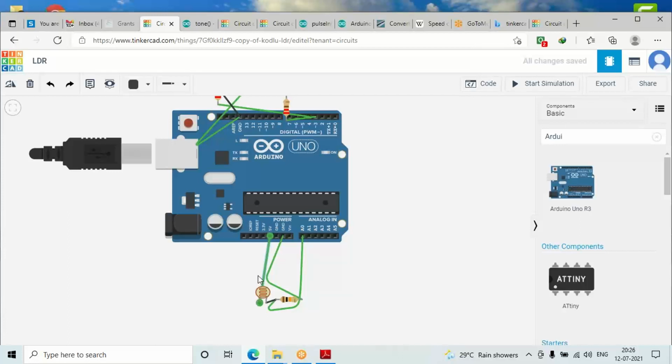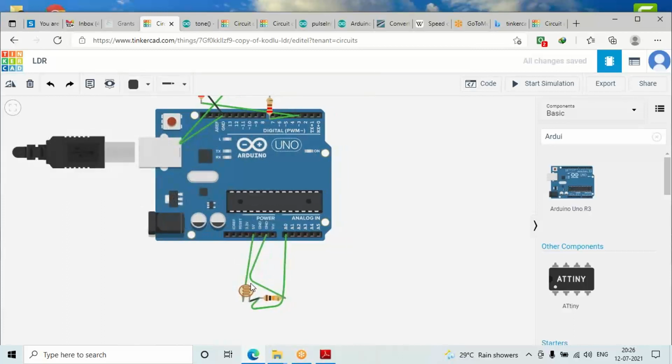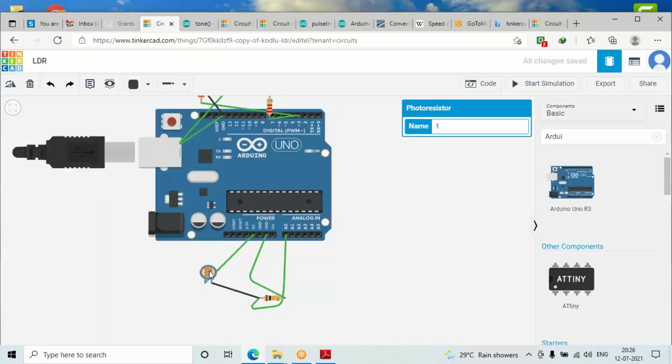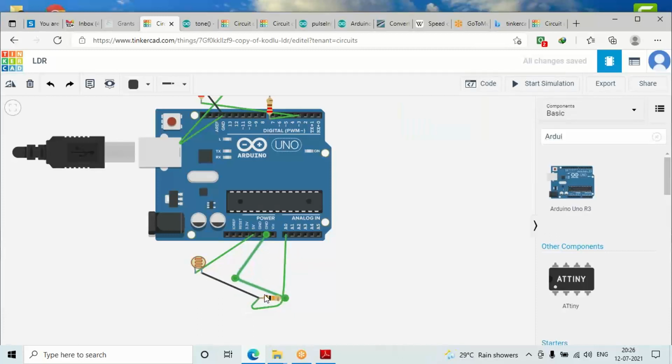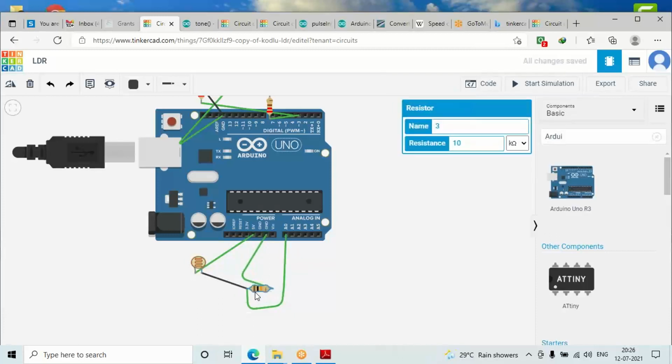Here I have taken two terminals. I have directly connected one terminal to 5 volt, and the other terminal I have connected with a resistor.